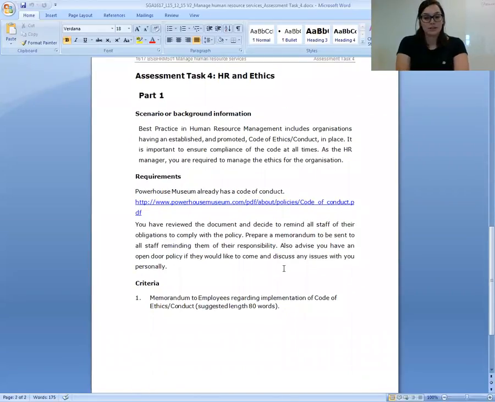Perfect. So what we're doing here is we're creating a memo. The memorandum is going to be to your employees, regarding the implementation of the Code of Ethics of the Powerhouse Museum. Basically, all we're doing here is having a read of the link here, which is the PDF document of the Code of Conduct for the Powerhouse Museum, and developing an understanding of